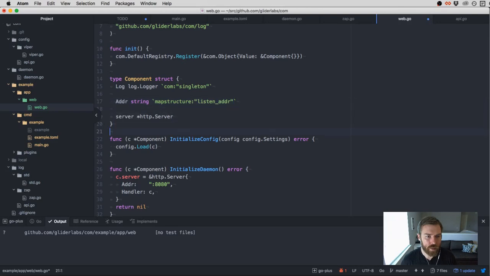I didn't know about that mapstructure struct tag. That's cool. Well, yeah, it's part of a library called mapstructure. Oh, I see. So there's something similar that exists for JSON, which is in the standard library. Yeah. Mapstructure is one that